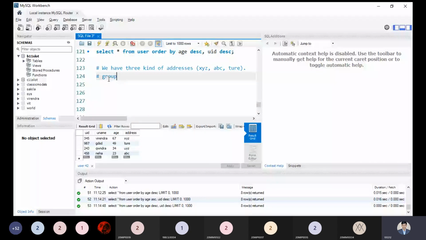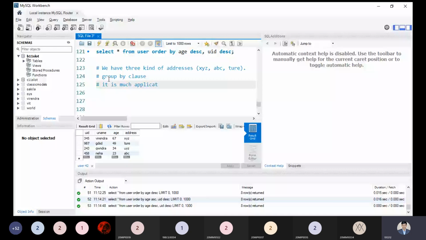The GROUP BY clause will be applicable when we are using the information in terms of groups. But keep in mind that there must be some common information available. If we don't have any common information, then there is no sense in using the GROUP BY clause. And this GROUP BY clause is much more applicable along with an aggregate function. This is the point you have to keep in mind.